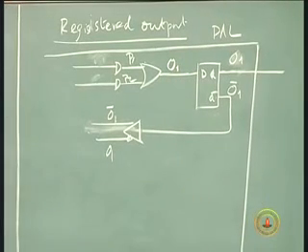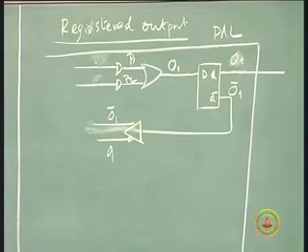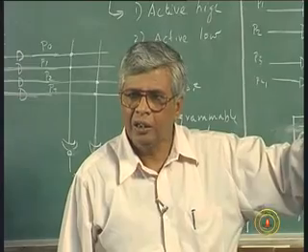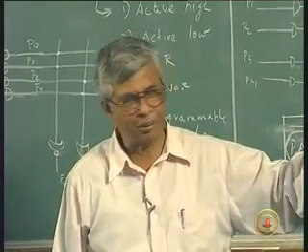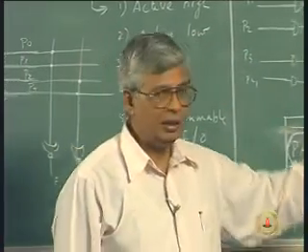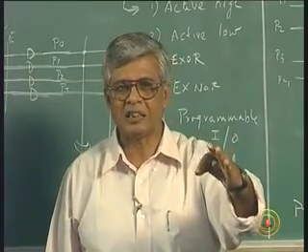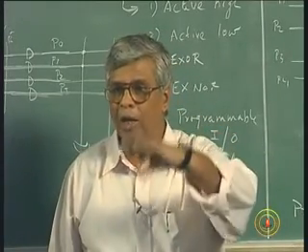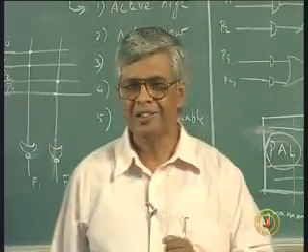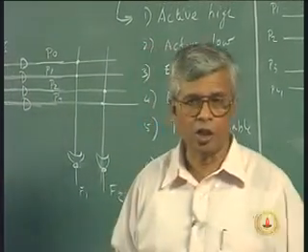This flip-flop is inside the PAL. Output of an OR gate, output of a PAL, combinational output, whether it's active low or active high, doesn't matter, drives the flip-flop to the next state. The next state information is fed back. All that is part of this. That means a single IC, programmable array logic IC, with a sufficient number of registers, a sufficient number of flip-flops inside it. So when I choose my outputs, I need to choose a variety of combinations of outputs. I want some of them combinational outputs for direct outputs, some of them as registered outputs. This is called registered outputs. Some of them are registered outputs,